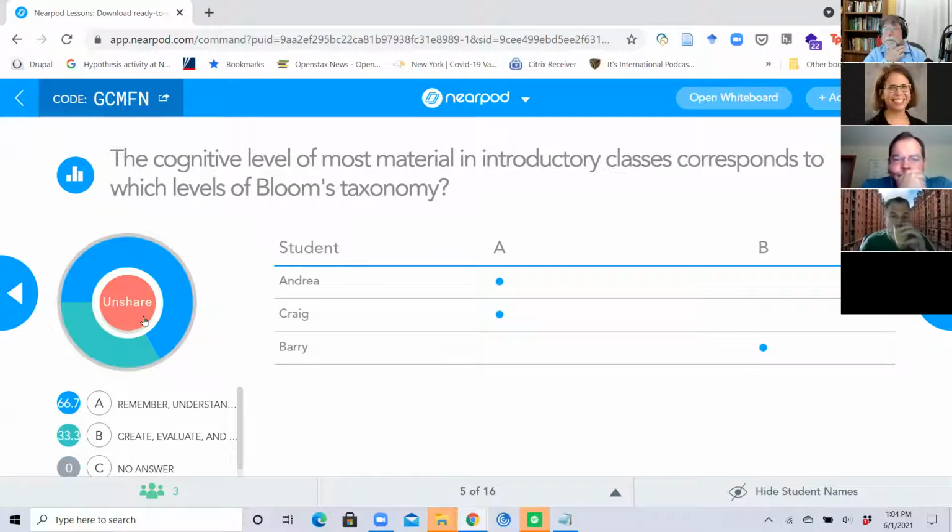Most research and most assessments of lecture content in classes tend to agree with the 2 votes, with the majority there. Now, in theory, you can address some higher levels, but only if you make the class much more interactive. It's hard to have students creating things if you're just lecturing at students. You can get to somewhere in the middle sometimes with lectures, particularly if you include some interactive elements, and we'll